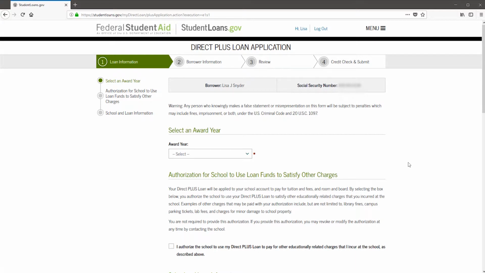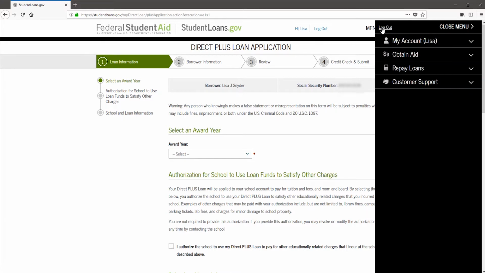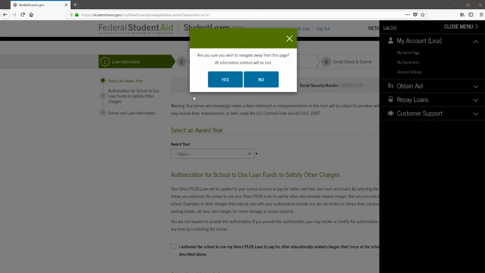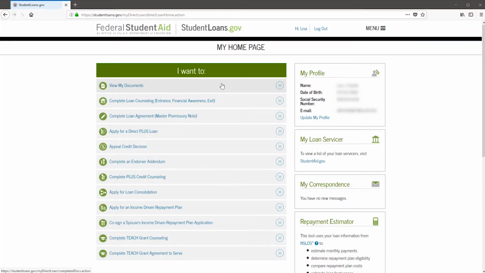Once you have completed the application, you're going to go up here to the menu in the upper right corner and click on the ellipse and go to your account and then to your home page. You will then go in and complete the Master Promissory Note, or MPN, for your Graduate Plus Loan. That you will do